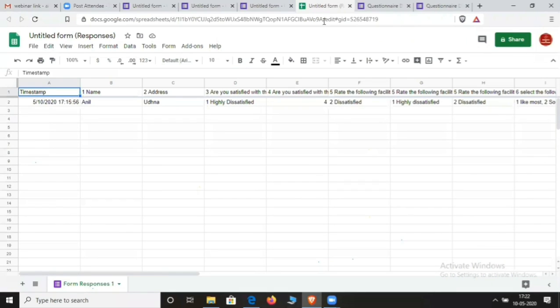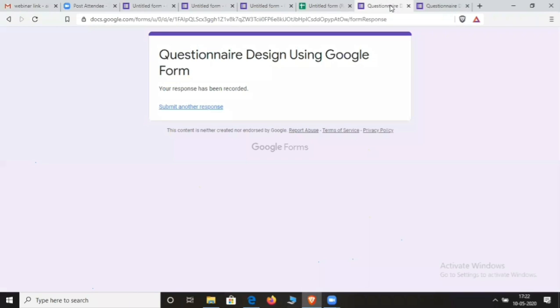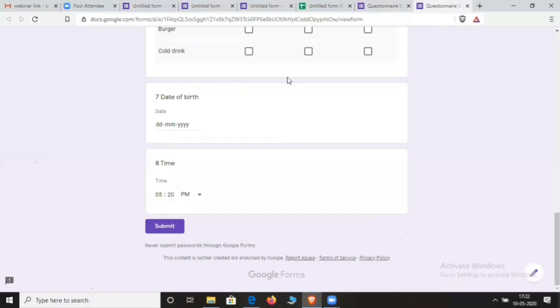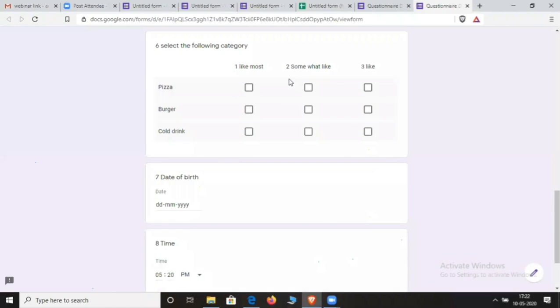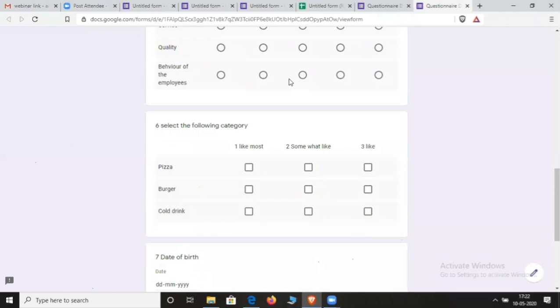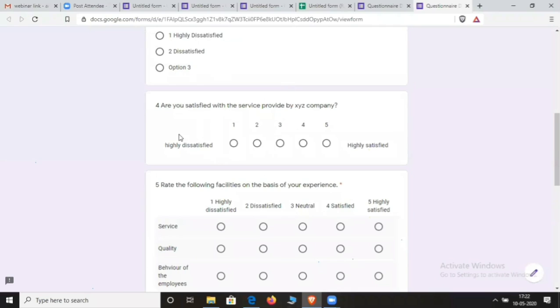Sir, whatever options I have used now have no meaning. It is just for understanding purposes, so don't consider this question as a final question. This is called a Likert scale question, or linear scale question.